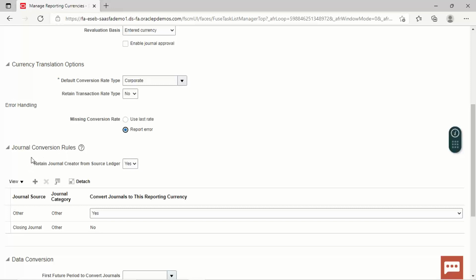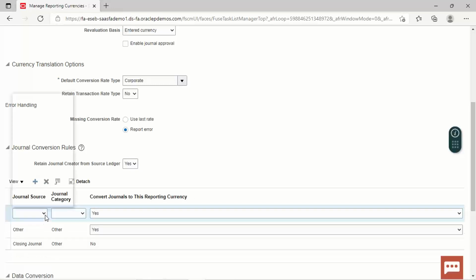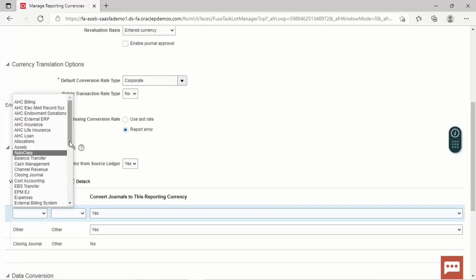Now we can specify the journal conversion rules. Retain journal creator for source ledger, select yes over here. And at this level, journal source is other, journal category is other, and you can select convert journals to this reporting currencies as yes. So for here, if we want to enter for revaluation, we can enter no.